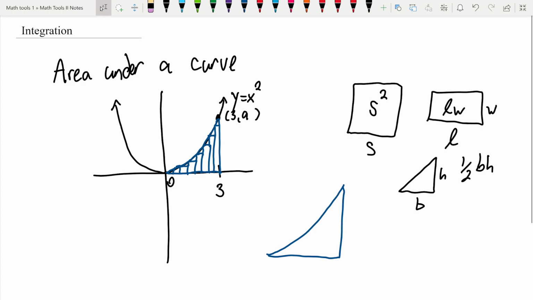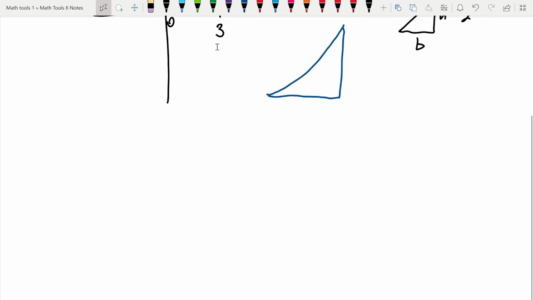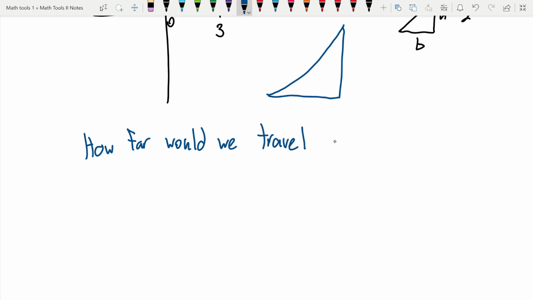We know with differentiation that represented the instantaneous rate of change of a function at certain times, right? So like in the velocity case, we could find the instantaneous velocity of an object. Well, thinking about that velocity example, let's just ask the question, how far would we travel by going 50 miles per hour